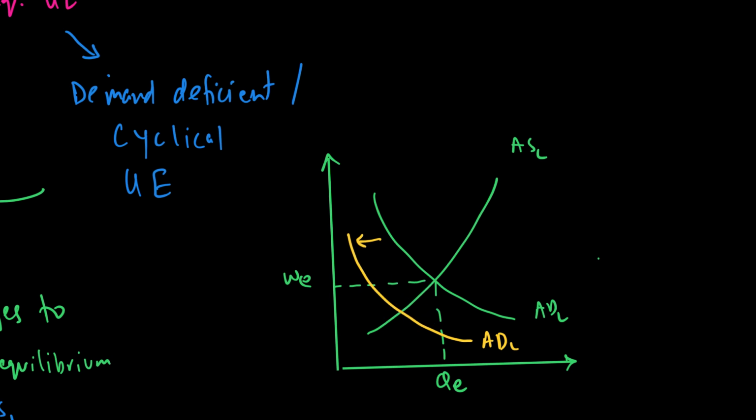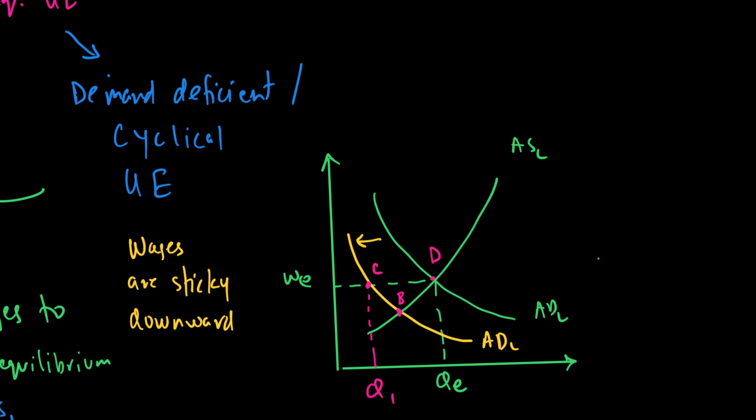But according to the Keynesians, wages are sticky downward, and if they are sticky downward, then they get stuck at this point WE, which would mean they would not fall to point, let's say, B, but get stuck at point, let's say, C, and therefore the CD becomes what we call our disequilibrium